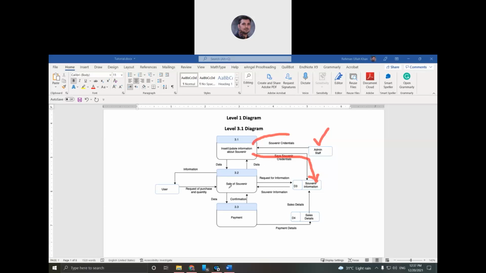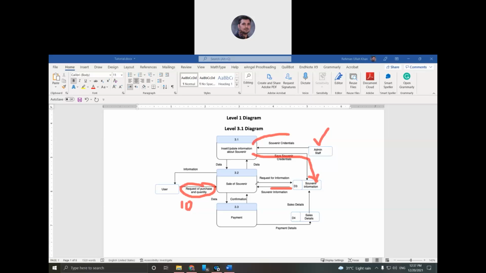Once the user can see it, the user can request a purchase, and while purchasing, the user will select the quantity, how many they want. This information will come from the user, and it will be verified from a database. Let's suppose the user wants to buy 10 items. The 10 items will be confirmed from the database first, that is, do we have 10 items?